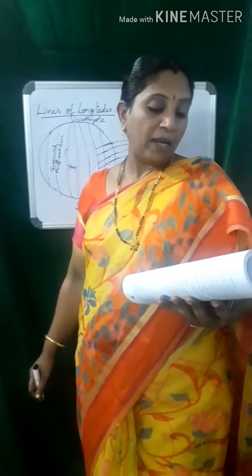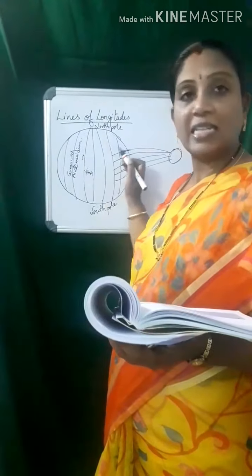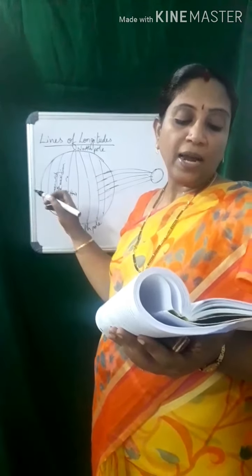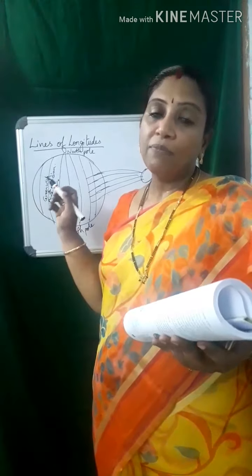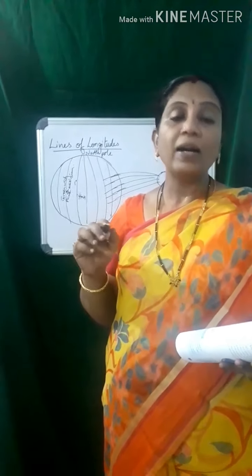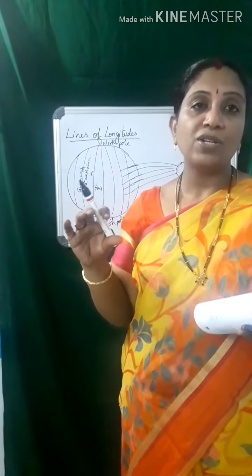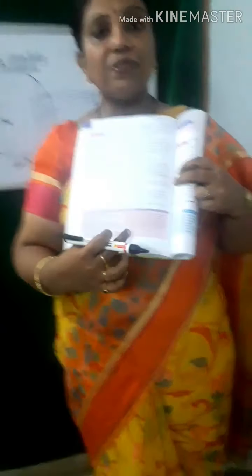If the time in Mumbai, 73 degrees east, is 10 a.m., then what will be the time at Tokyo and at New York? Let us find out. For this sum, on page number 108 of the textbook, you get a clear explanation of this calculation of time in the boxes given below. Afterwards, you can see them and read them clearly and try to understand them.